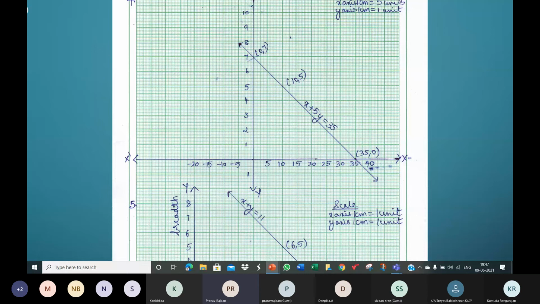Must give x or y 0, ma'am. Okay, but which one 0 to find the y-intercept? Ma'am, x. Yeah. So when x is 0, who's this? Pranav, ma'am. Oh, okay. But I thought you only asked me the doubt. When x is 0, find the corresponding value of y. So 0 plus 5y is equal to 35. 5y is equal to 35. y is equal to 35 by 5. y is 7. When x is 0, y is 7.